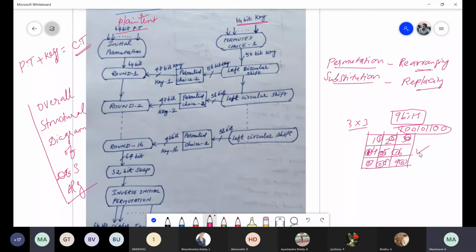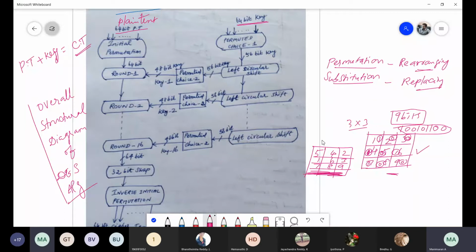Now, what is permutation? Listen, I'm going to apply the permutation like this: instead of the first place I will keep the 5th, then 4, then 2, 1, 6, 3, 7, 8, 9. Like this I rearrange the bit positions.